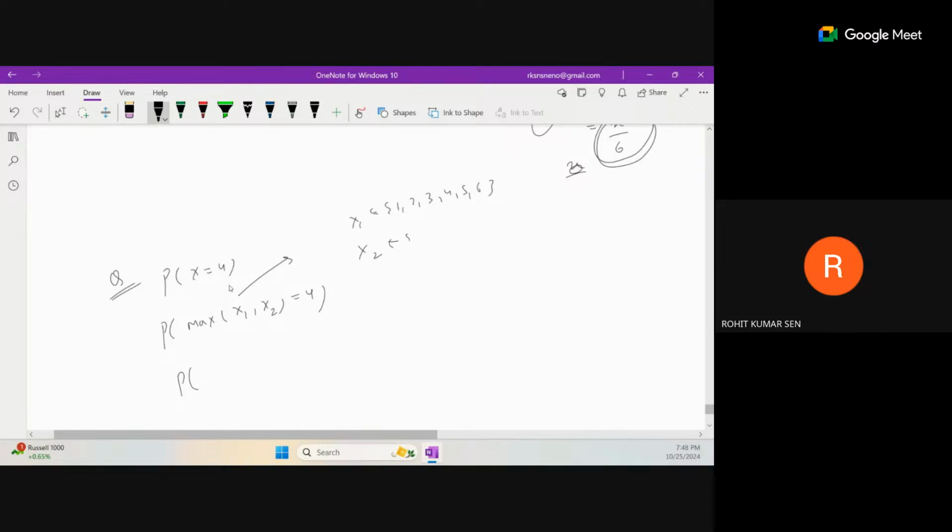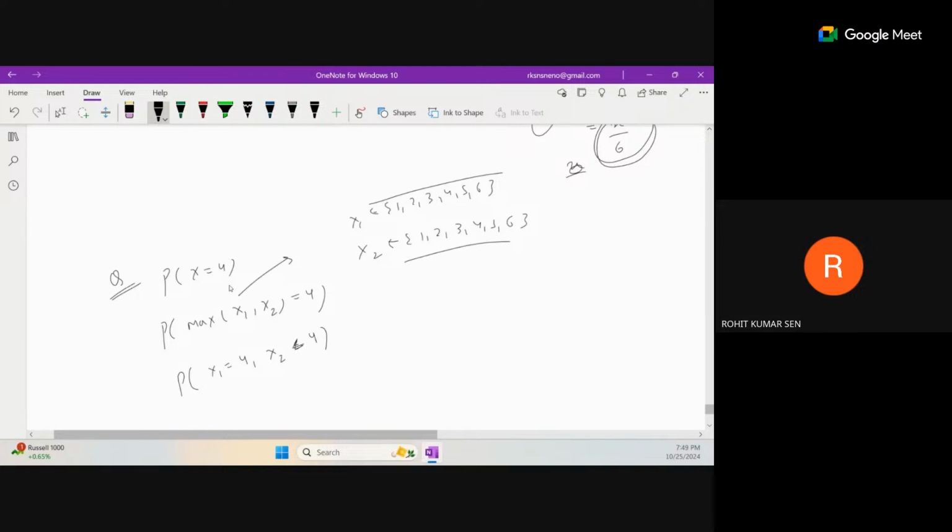What is my x2? You are rolling a die. This is basically the outcome of the first die, and this is the outcome of the second die. So the max of both dice should be what? 4. So if you see, it is only possible when my x1 is 4, my x2 is